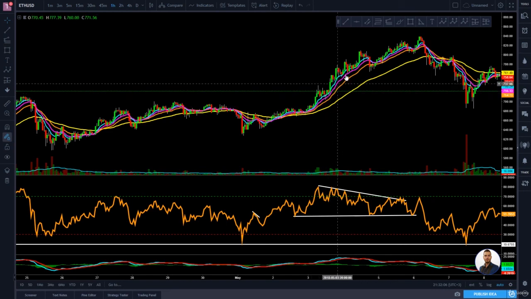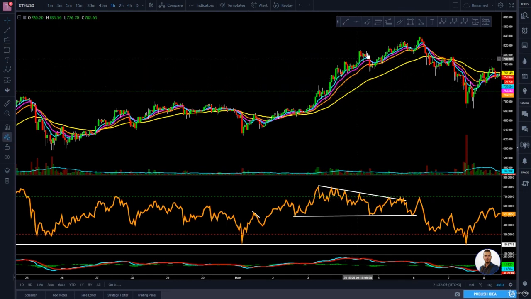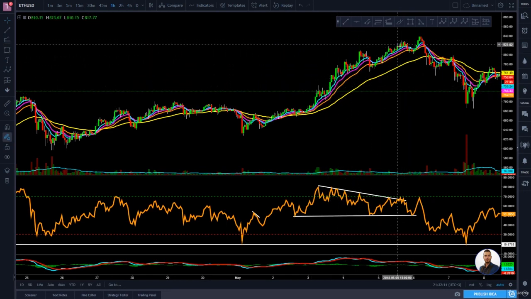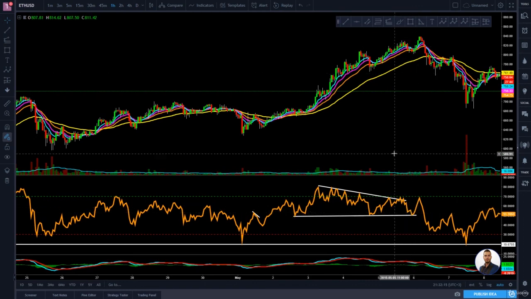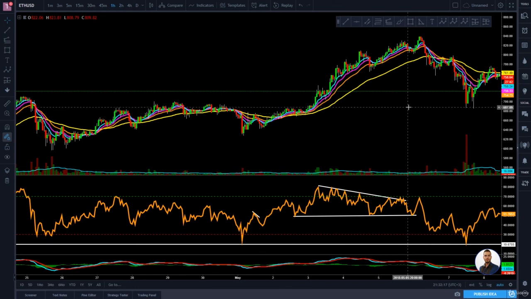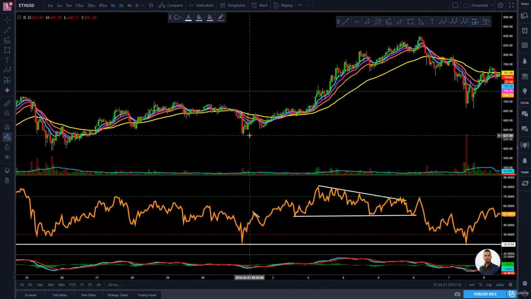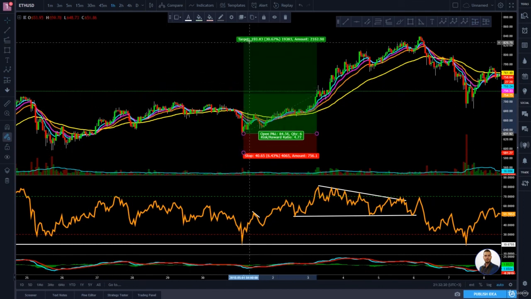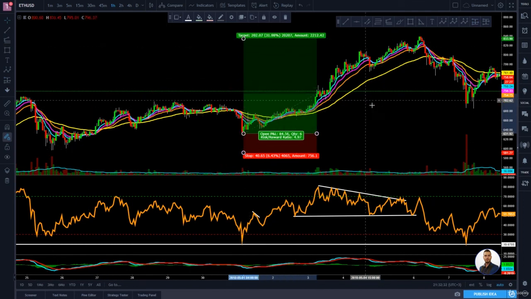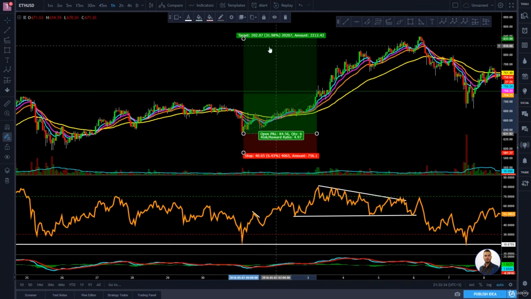So we will keep riding it to this point over here where we see that we cannot make higher highs after we bounced 3 times off this support on the RSI. So in this trade, let's take our long position tool from over here, and let's set our entry point right here and set our stop loss slightly below the previous swing low over here. And in this trade, you would have made a 32% gain